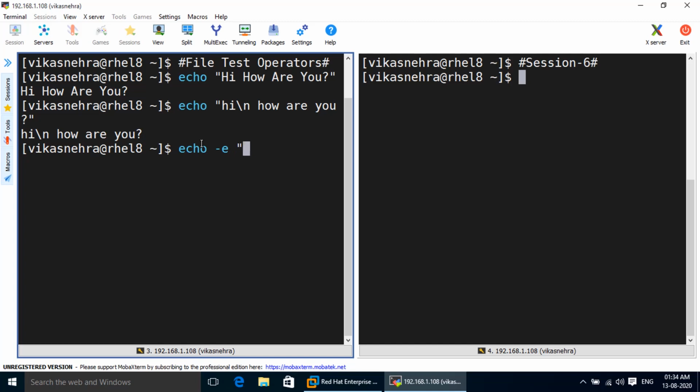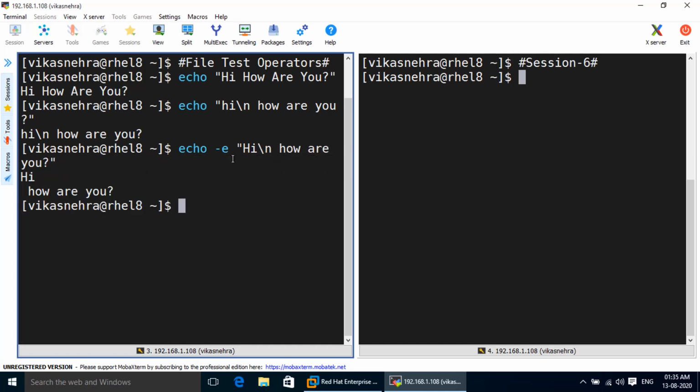If I use echo hyphen e and then use the backslash characters like this, such as the new line character, then it will be interpreted by the shell and we will get the result for the same. If I have used the new line character, then the remaining characters will be printed in the next line like this.